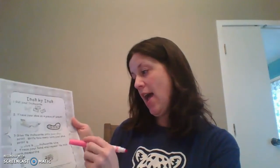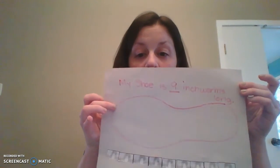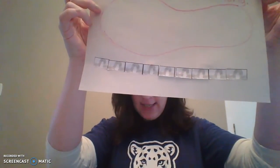So for the directions on the paper, it says, then you're going to write how long your shoe print is. So on that paper, I want you to write my shoe is 9 inchworms long, which is right on that other paper that went along with this. So you can see that on there and you only need to fill in your number. So right here, it tells you exactly what to say. My shoe is blank inchworms long. So right on my paper, I wrote, my shoe is 9 inchworms long because that is how long my shoe print is